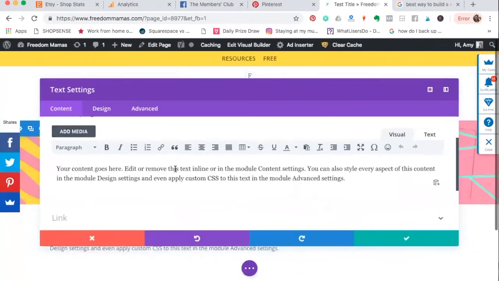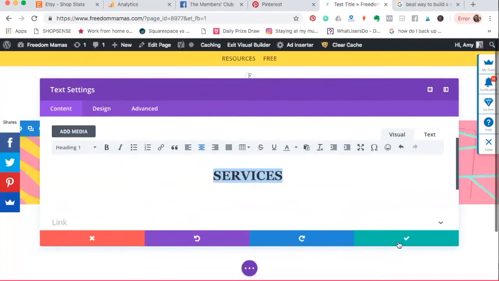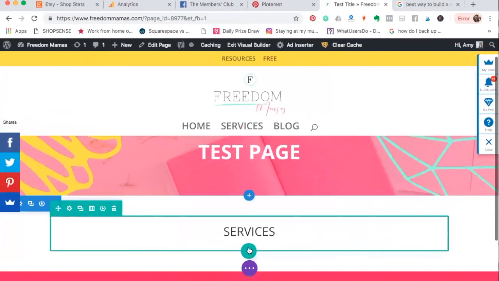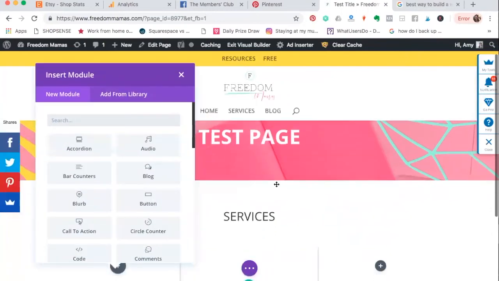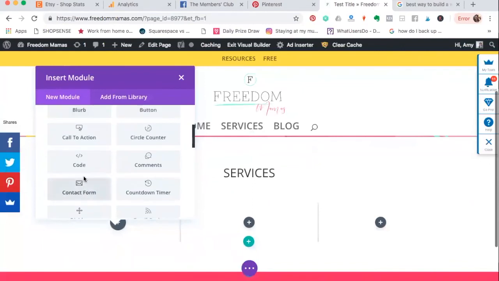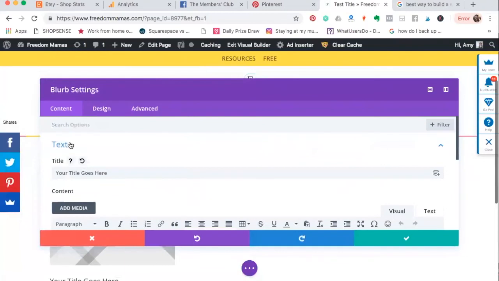I'm just going to say services. I'm going to center it. Heading. And I'll do that for now. And then under that row, I can add another row, and if I'm sharing 3 services, I can put in 3 columns, and in these columns I want to put, I think it's called blurb from memory, so I can put in details about my services. So I can say service 1,